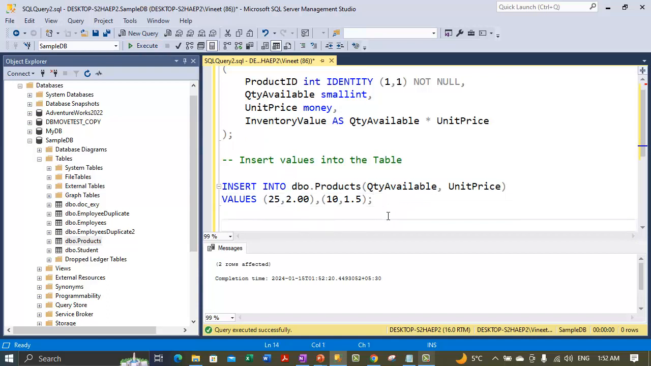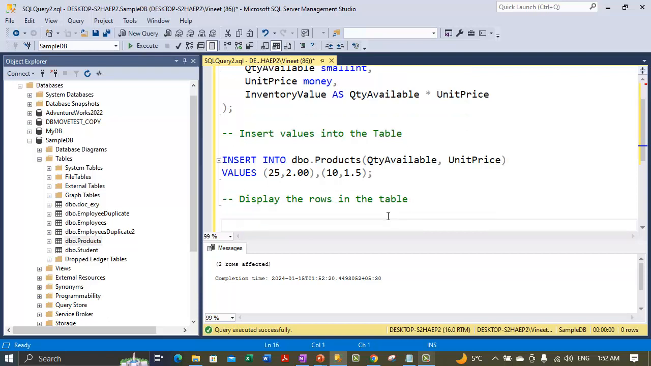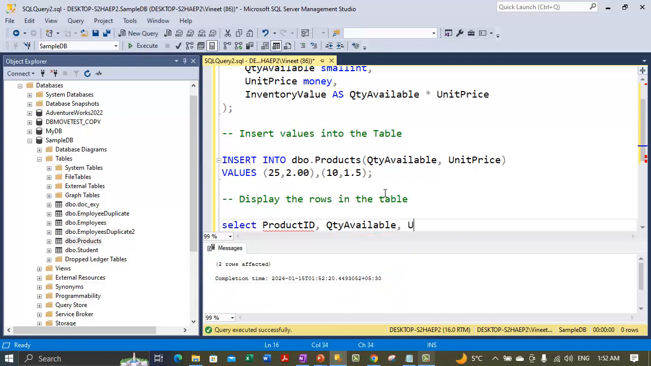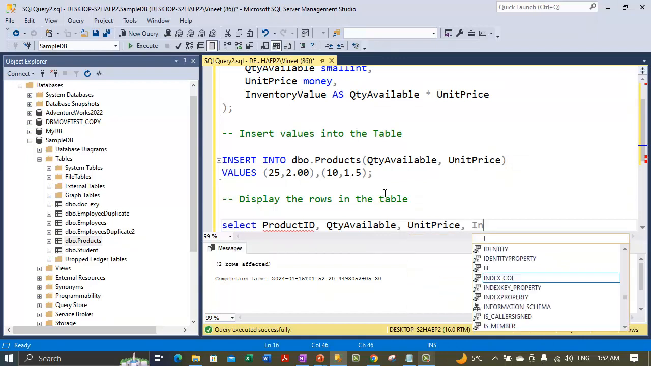Now let's display the data. We have inserted two rows. Now let me fetch those rows out. So let's select all the columns. Let's select the product ID, and let's select quantity available. Make sure the column names are defined correctly, and unit price will be the third column of the table,